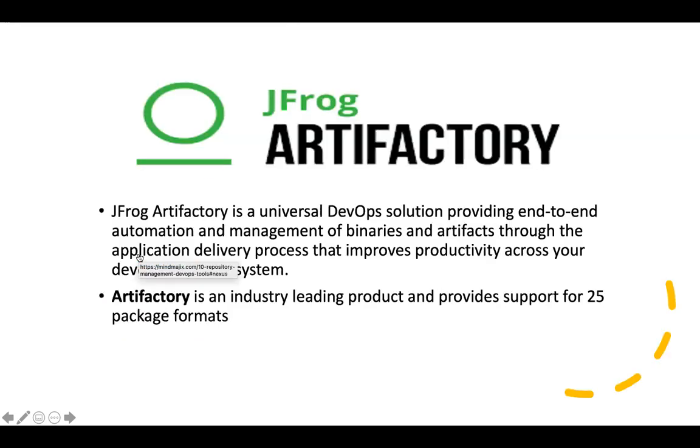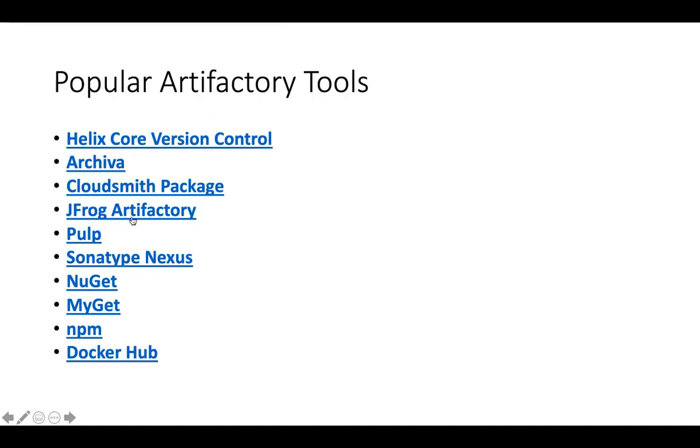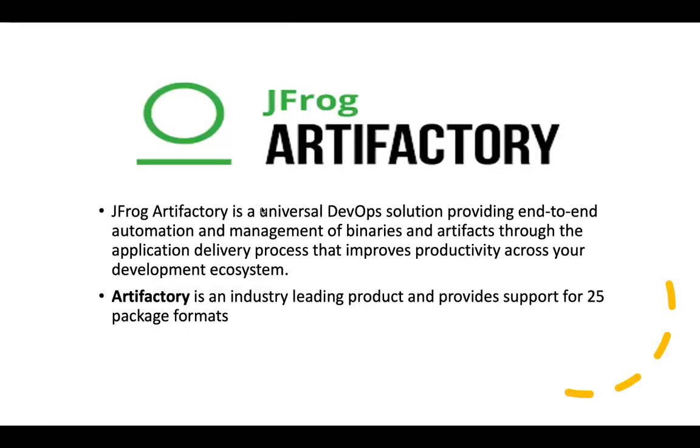So then we'll be going with JFrog Artifactory in this class. They are pretty much very, very popular, both of them, Nexus and JFrog, and very similar in the way they work. So JFrog is a universal DevOps solution which provides automation and management of binaries and artifacts. Again, they can call it binary sometimes, or artifacts, through the application delivery process that improves productivity across your